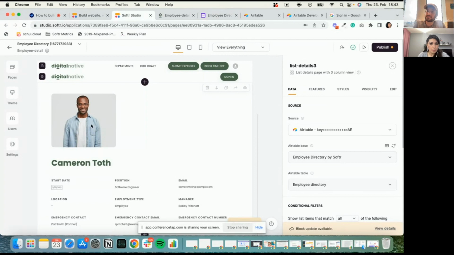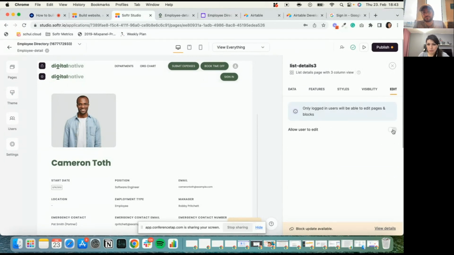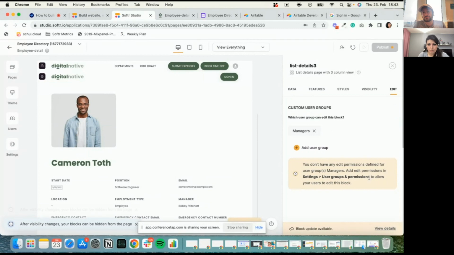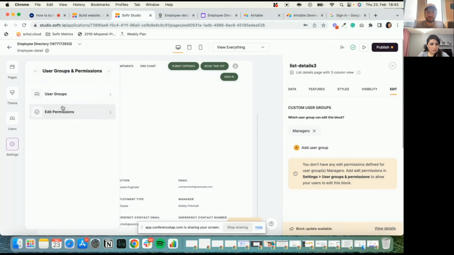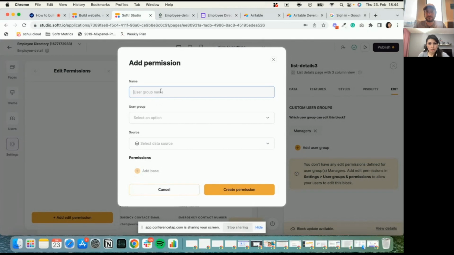So for this block, what essentially we want to do is enable editing. So I'm going to click on this block, and there's a setting called edit. Here I simply need to say allow users to edit this information of the block, and then I only want to let managers update this information. There's a note here saying that you don't have permissions created for that manager to edit information. So what we need to do is go back to settings, and there is an edit permission section here where you basically need to create a new permission that says